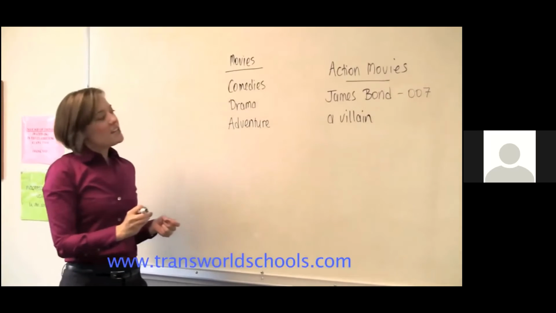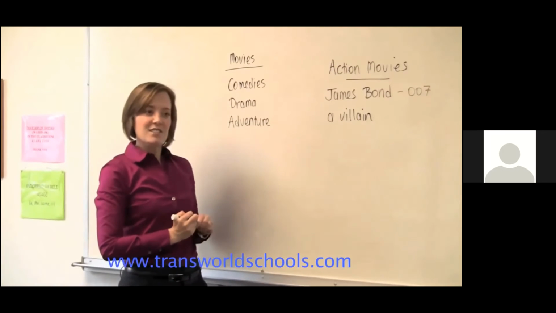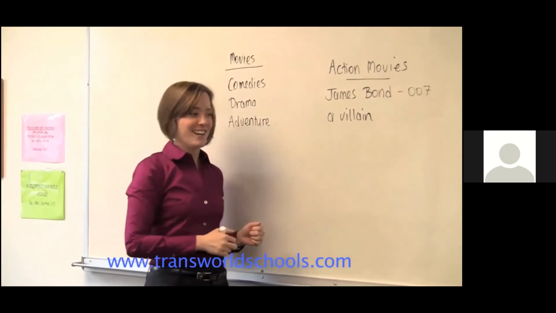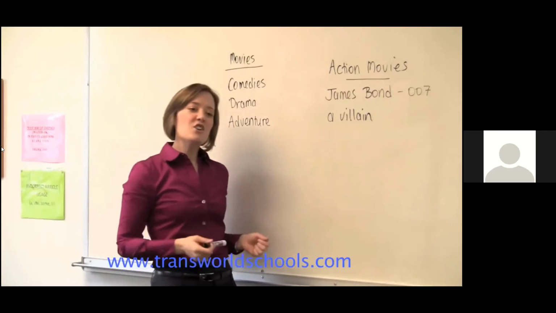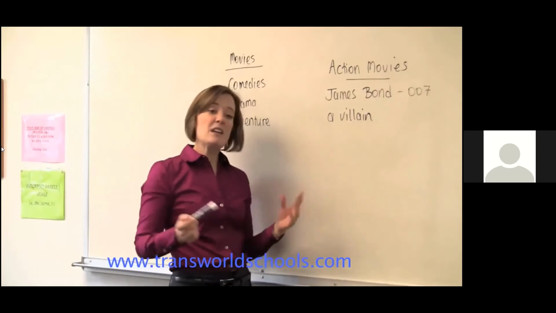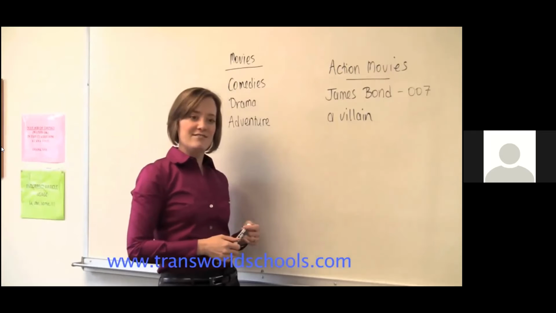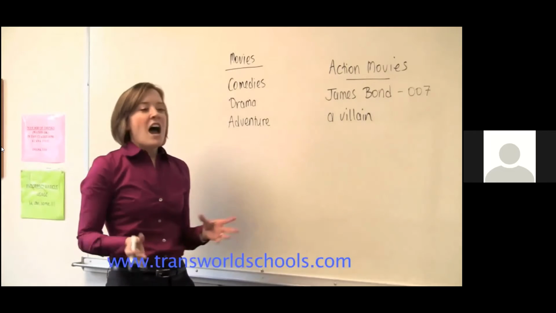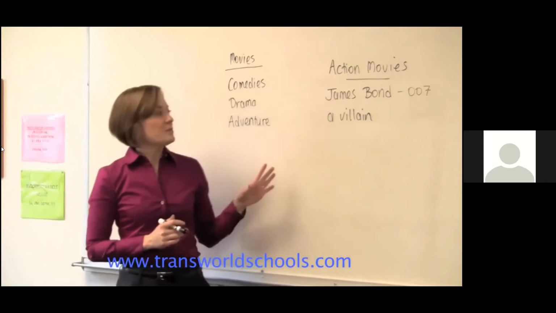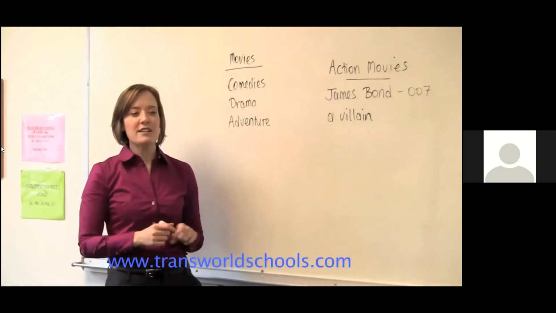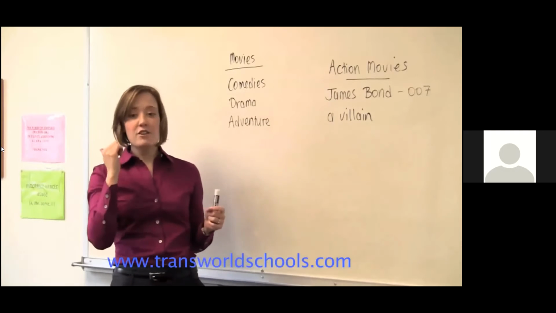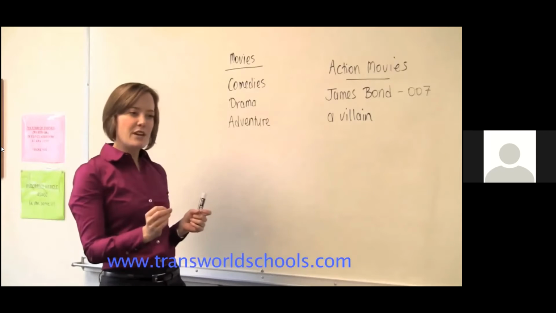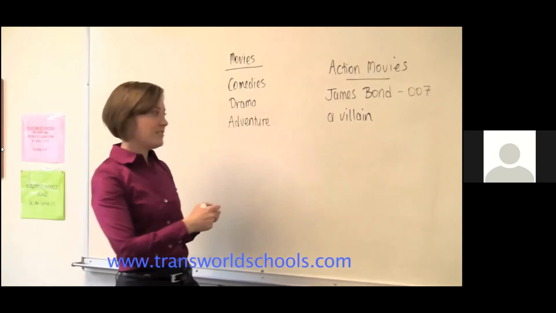Robin, is James Bond a villain? No. What is he? He's a good guy, exactly. Yeah, can you give me another example of a villain from Disney? Joker from Batman? Excellent. Good, the Joker from Batman. Another thing that I really like about James Bond movies is that people do things like they'll use a shoe for telephone, or you'll see cars flying through the air. And these are called special effects. Good.